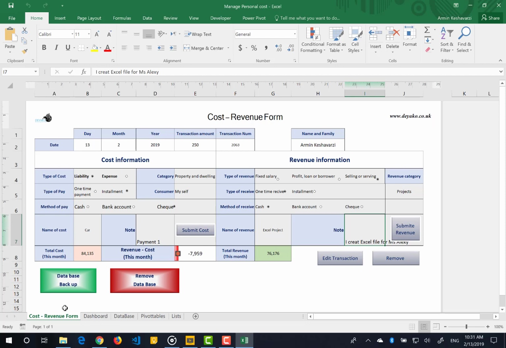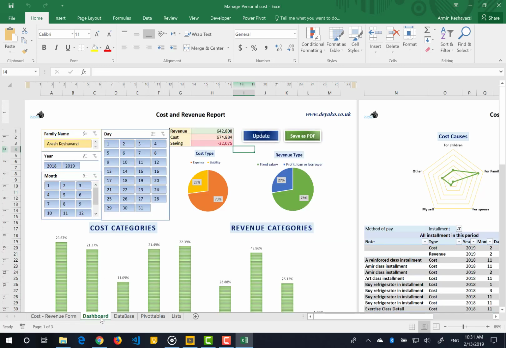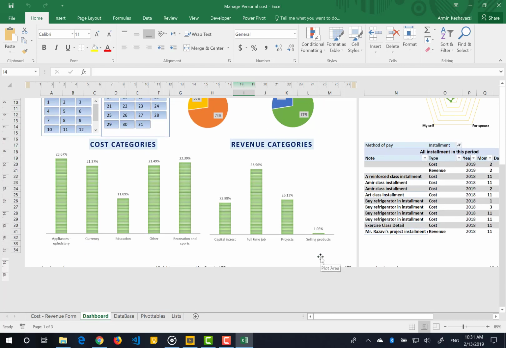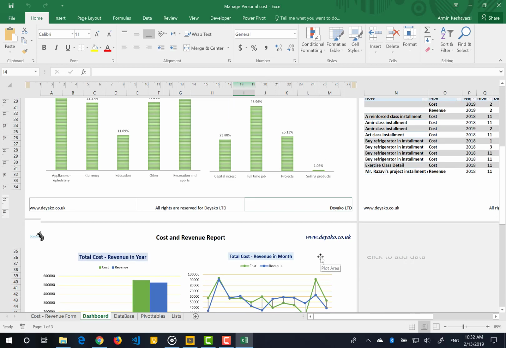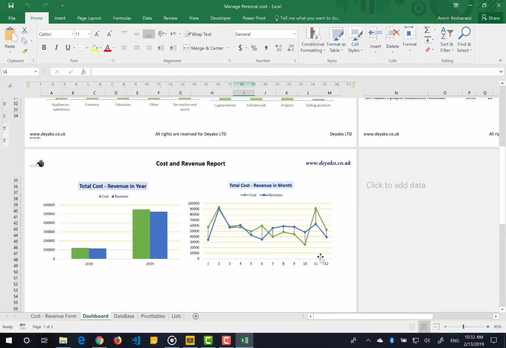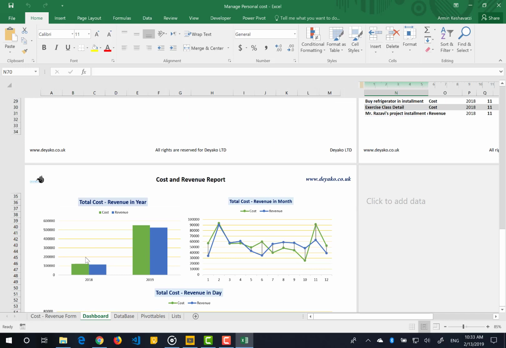And whenever you want, you can come to the dashboard, and in the dashboard you can see the charts that help you see what your money status is and how you can manage it in a better way. For example, in 2080, I do not have a lot of revenue or costs, but in 2090 I have a lot of revenues and lots of costs as well. So if in 2090 I could manage not to buy a lot of products, I can save